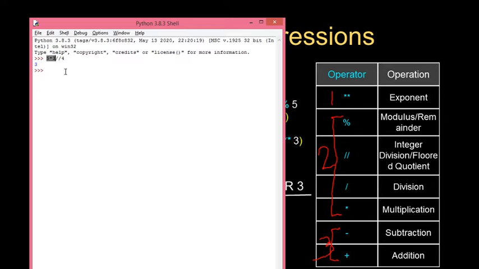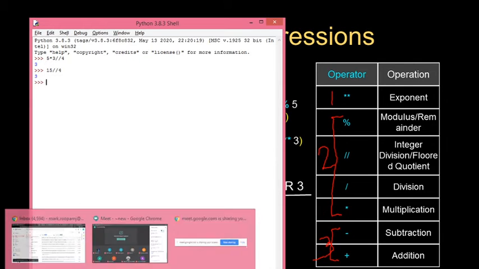Then 15 divided by 4, that is 15 integer division 4. So when we do this 15 division 4, 4 3s are 12. So the quotient is the answer, because integer division will always truncate the fractional part. So that's why we will get the answer as 3. Did you get this one now? Did you understand this concept?